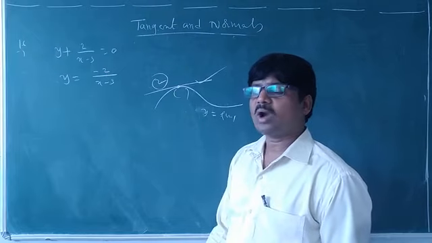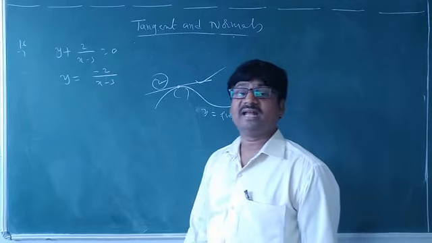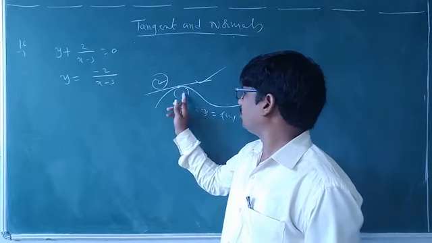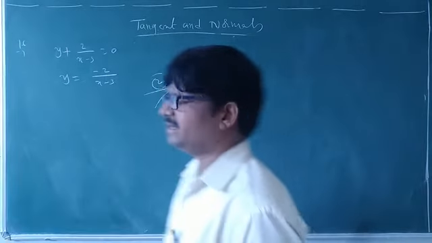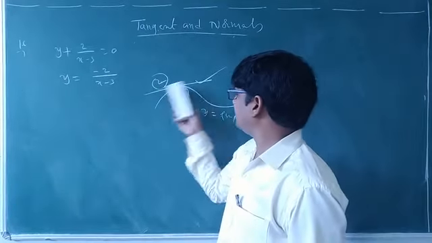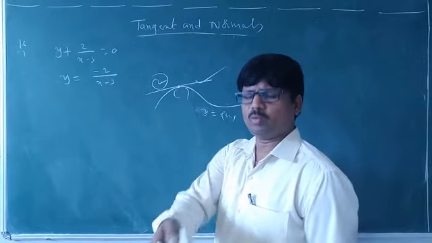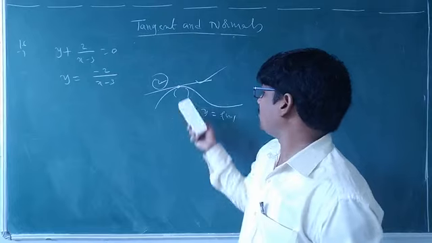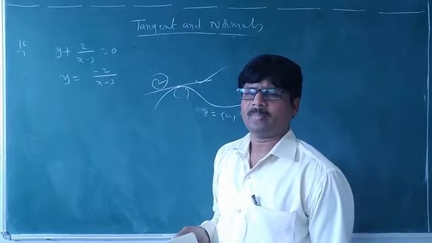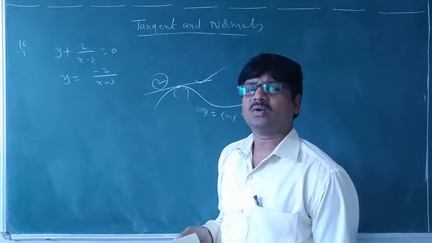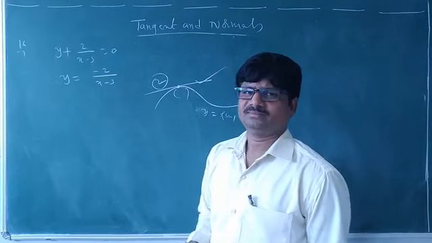Yes. So now what we have to find here is the equation of the tangent to this curve at a particular point with slope 2. So first we have to find this point. To find this line equation, compulsory we have to find the point. Now, how can you find the point?